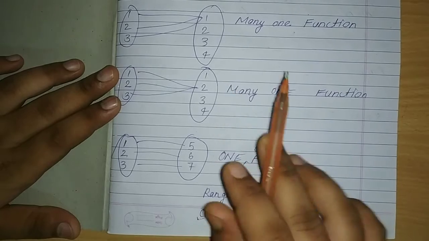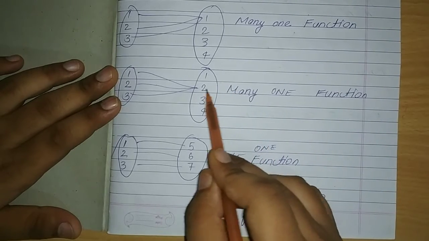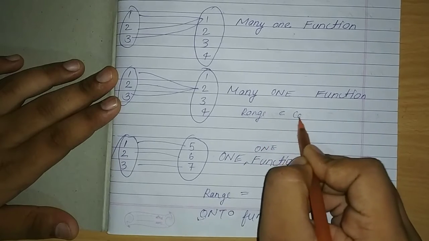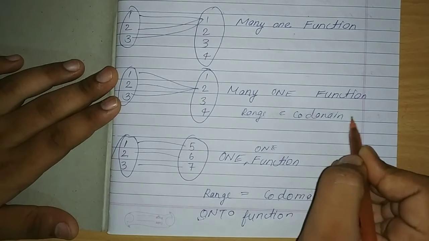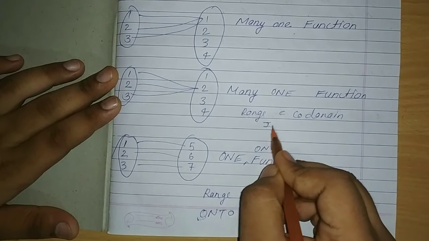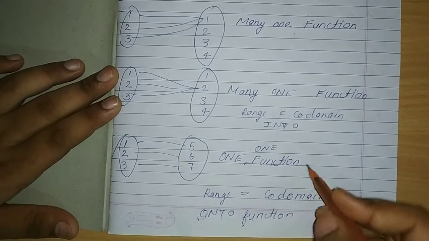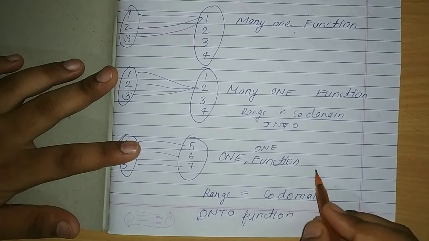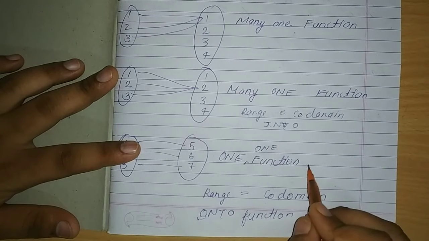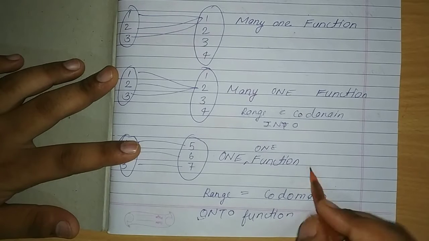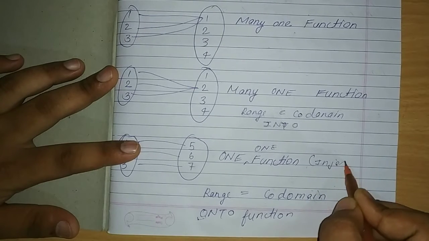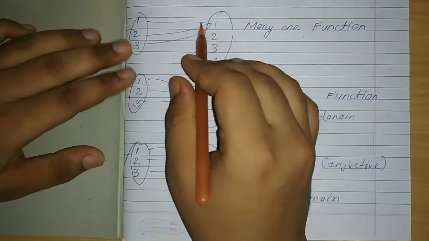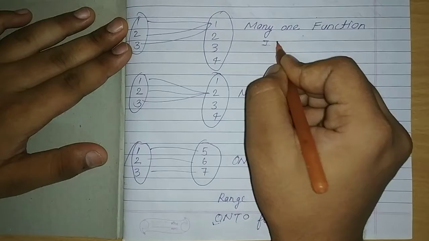1, 2, 3, 4 कोडोमेन है। अब रेंज देखना, 2 अकेली, तो यार रेंज इज अ सबसेट ऑफ कोडोमेन आ रहा है यहाँ, then we can say that it is an into function. हाँ, और जो वन वन फंक्शन है, इनको अपन और क्या बोल सकते हैं? इंजेक्शन या इंजेक्टिव फंक्शन, ठीक है गाइस। इंजेक्टिव और इंजेक्शन मैं लिख नहीं रहा हूं, जगह कम है। ये बताओ क्या है, ये इनटू फंक्शन,